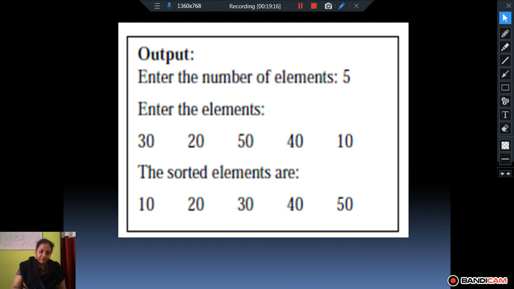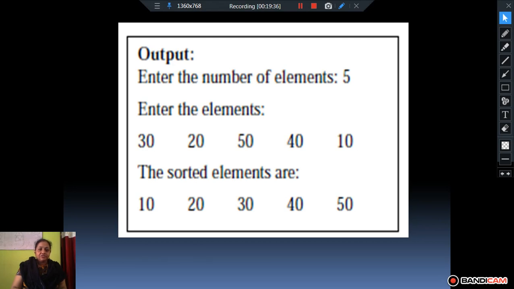So you have seen how we are sorting the elements. That method used to sort is called the insertion sort method. There are many other methods: bubble sort, merge sort, radix sort. They are not in your syllabus.